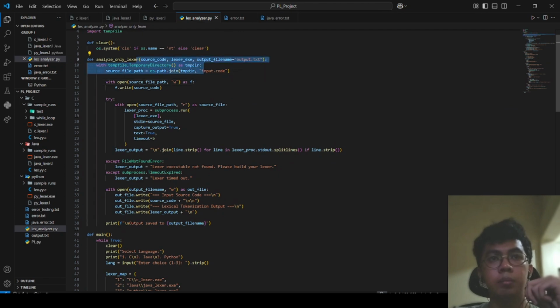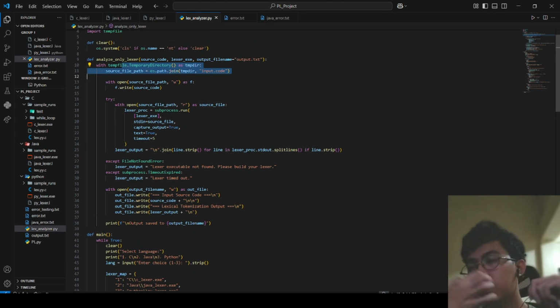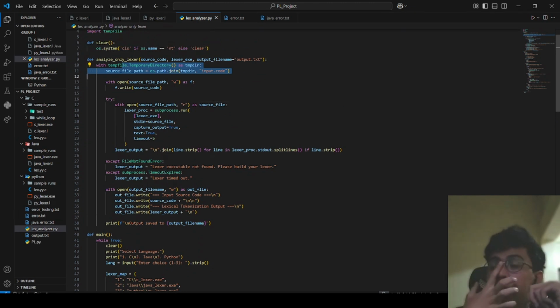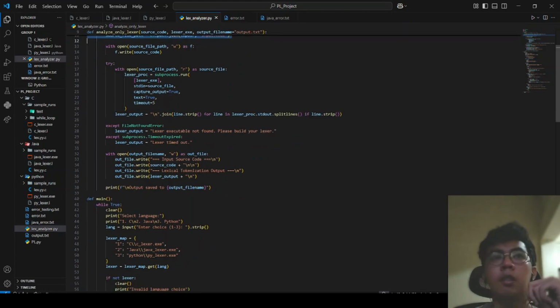And then it gets the input code. If there's no input code, it will take the manual input as the input code or input.txt, and then just read that.